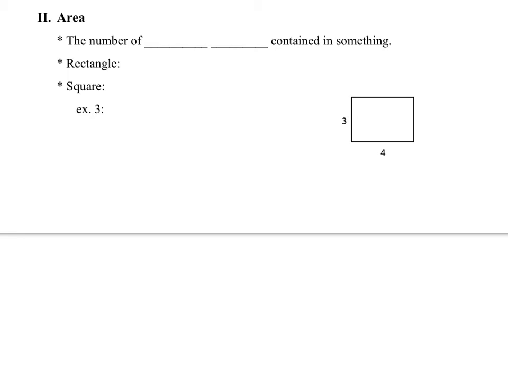I have this bookmark here with a whole bunch of equations on it. The ones with the asterisks by them are the ones I'm planning on you having memorized. I wouldn't stress about that. If you're showing your work like you should in the homework, you're going to know it by the time the test comes. Okay. Area. So area is the number of square units